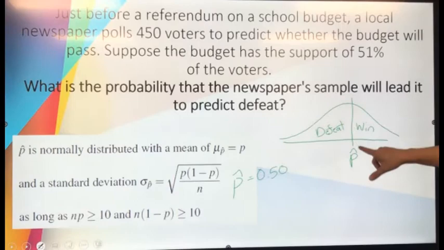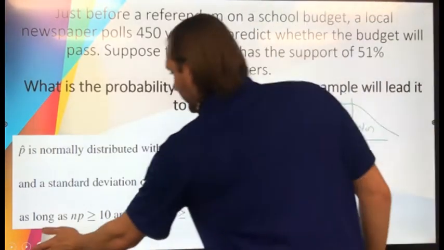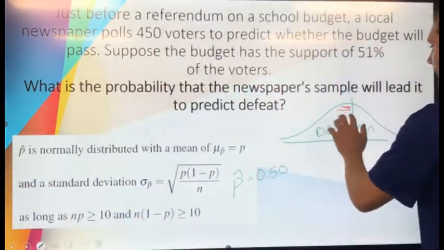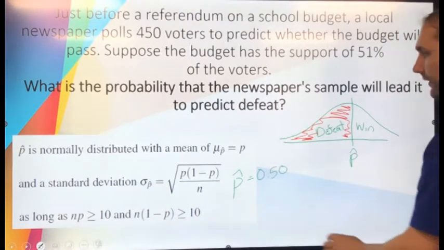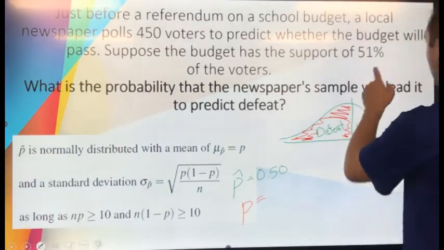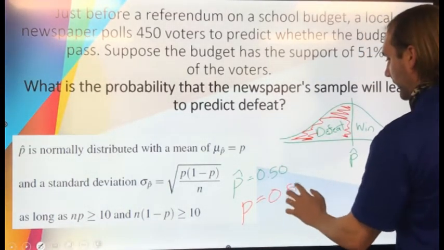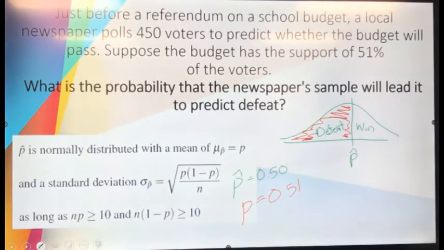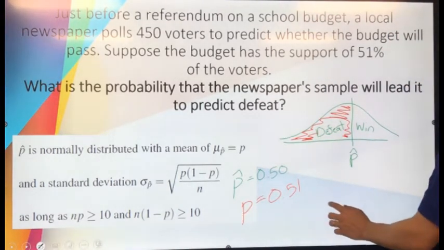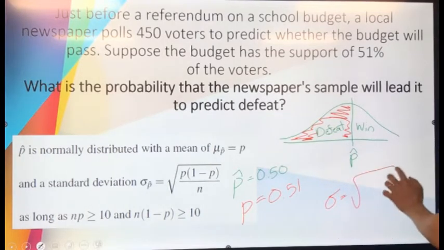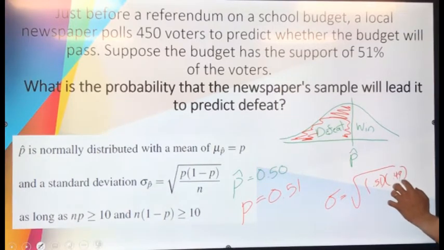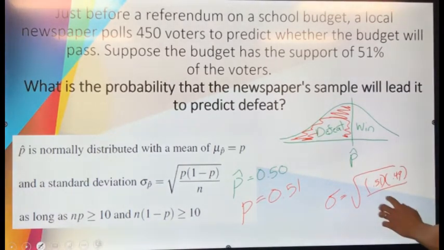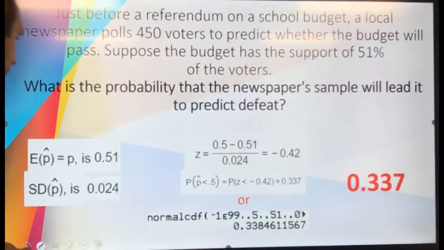I'm looking at less than or equal to this value, so I want all of this shaded region. And let's see, what is my p? My mean is the 0.51. My standard deviation is going to be the square root of success times failure, so 0.51 times 0.49, all over n, which is 450. Which equals, let's see if I have it here,